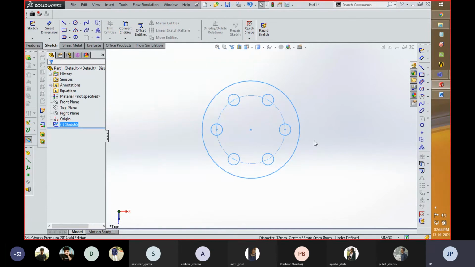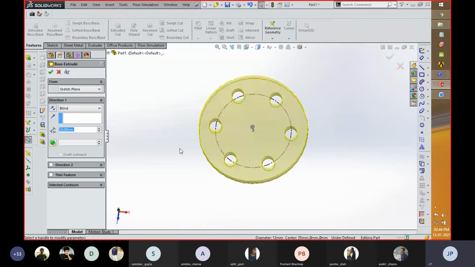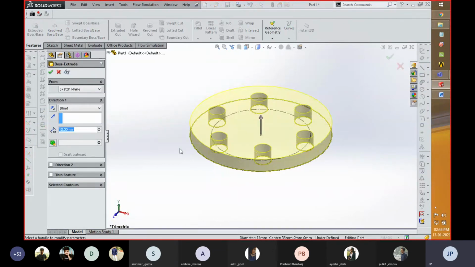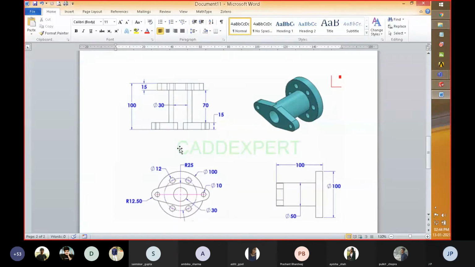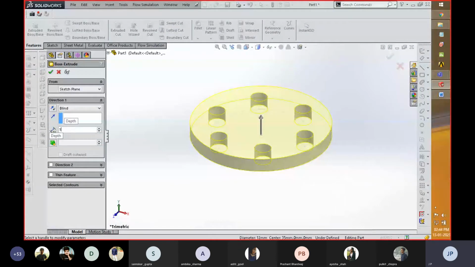So whatever things I covered right now is totally the sketch part. Now I'm going to show you how we can convert this sketch into a 3D modeling component. With respect to that, you have to select the sketch first, or you can select it afterwards also. So first of all, I select this sketch and then click on extrude boss or base. This component is going to be converted into a 3D model. The height of this side is to be 15 millimeter, so I'm going to put the value of 15 millimeter over here.